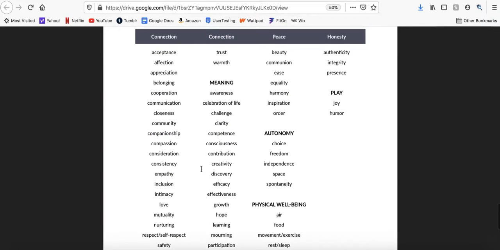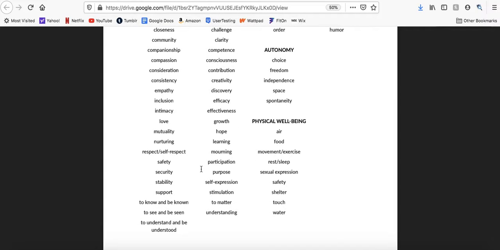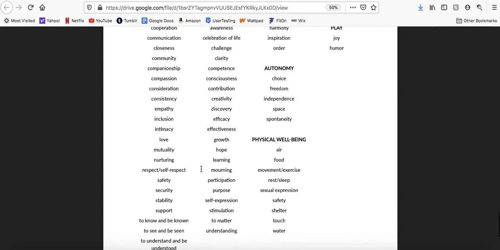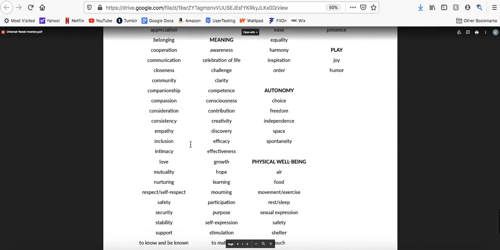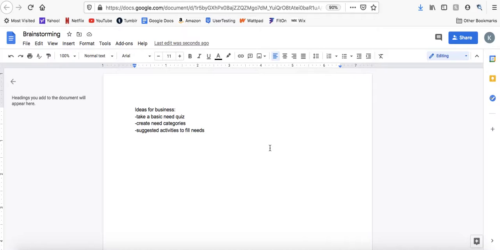Let's see. I was trying to see if there's anything self-loving or inspiration kind of thing right here. That kind of thing. A sense of purpose, things like that. And so I feel like the suggested activities would be outside of your normal round of what you expect from a type of counseling idea. It's not fully counseling. I'm just thinking of your own self-help, mental health kind of thing. And so activities could be things like